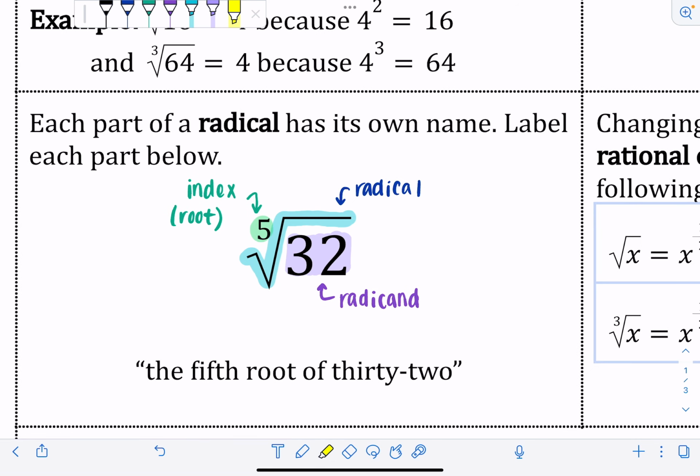And then we would read this whole thing as the fifth root of 32. The little number tells you what type of root it is, and the inside is the number that we're trying to make it equal. So this problem in particular is asking what number times itself 5 times, or what number to the 5th